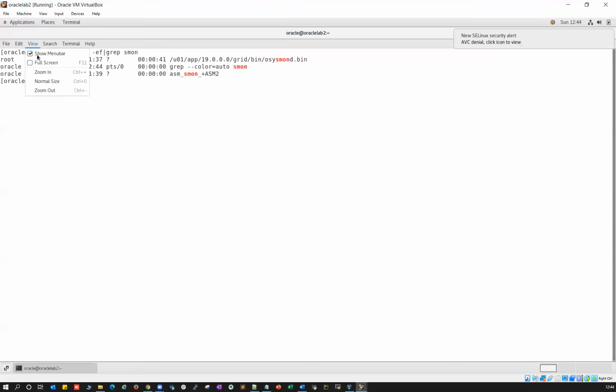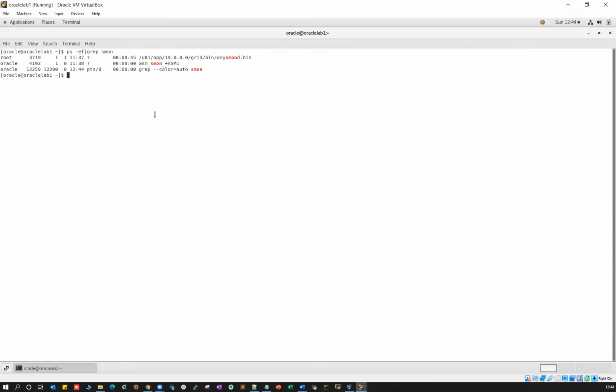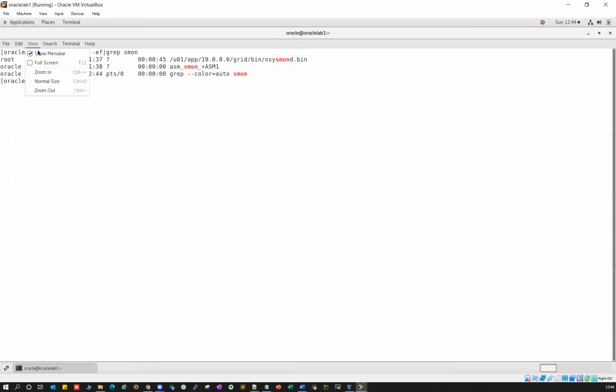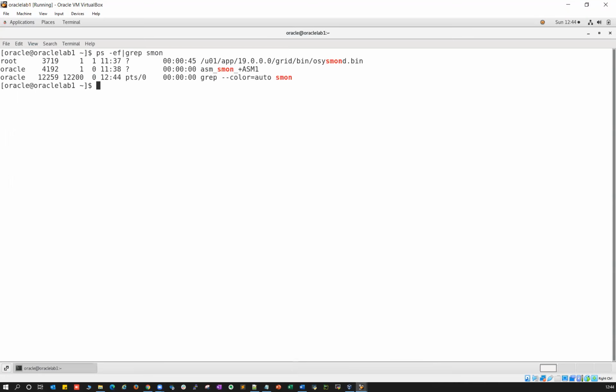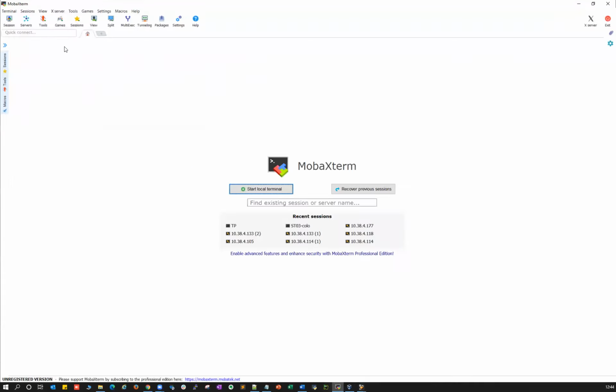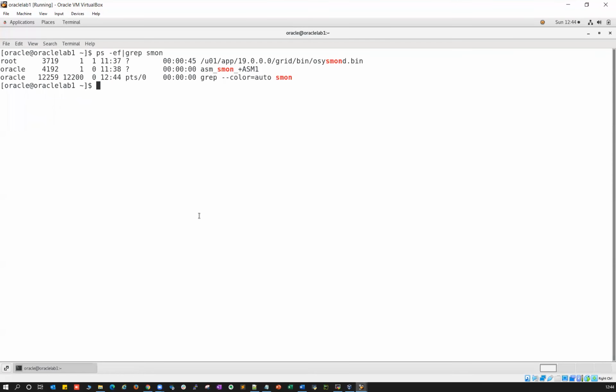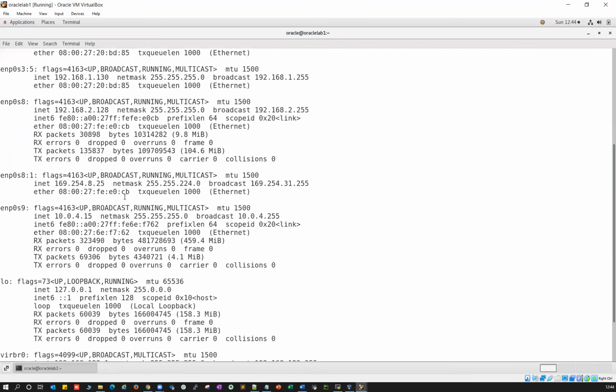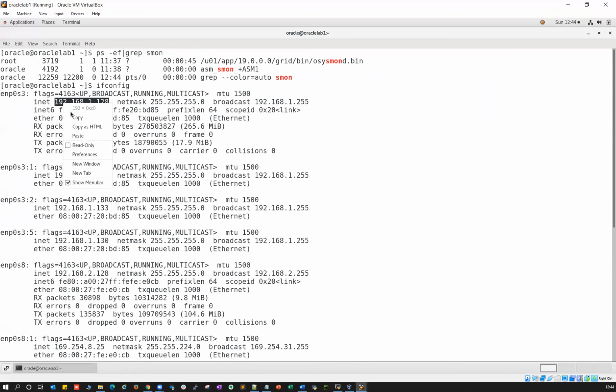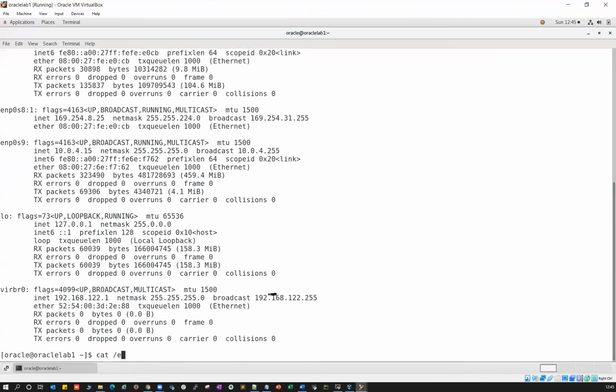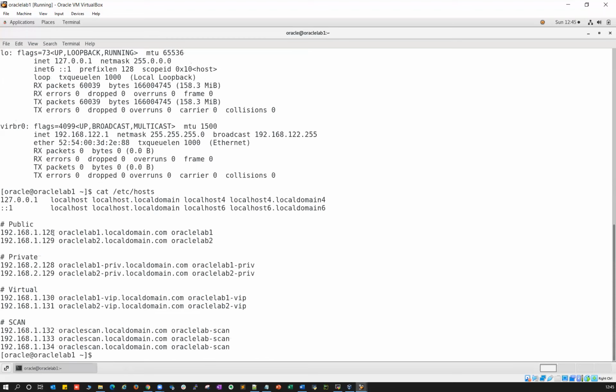So let me zoom in, and I'll zoom in for the other session too. Meanwhile, I can take my MobaXterm session and the IP addresses. I'm very much aware of that. This is going to be my node one IP address. I can do cat /etc/hosts. So this is my node one, 192.168.1.128.